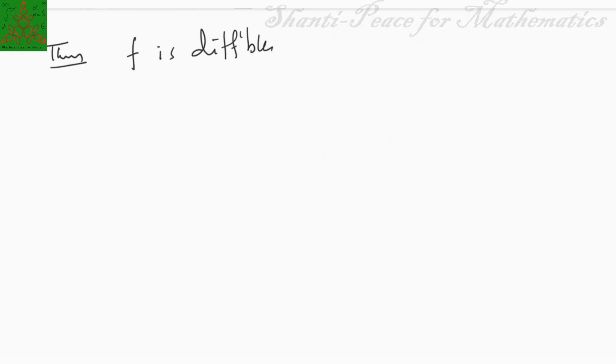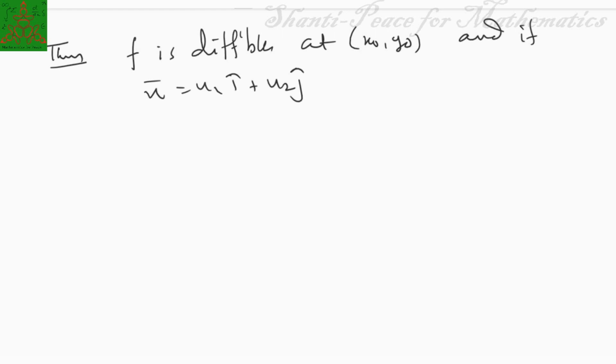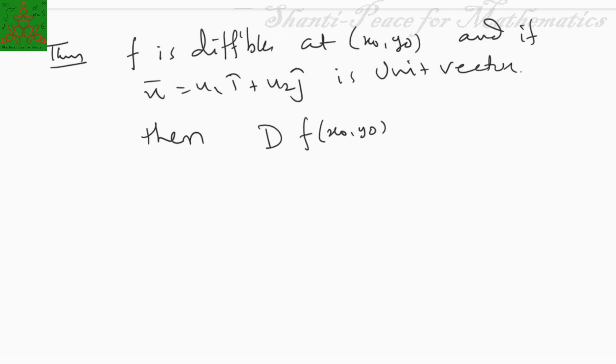One of the theorems we can write here: if your function f is differentiable at point (x0, y0), and if u bar is a unit vector having components u1, u2, then the directional derivative of f at point (x0, y0) in the direction of u bar exists and is given by